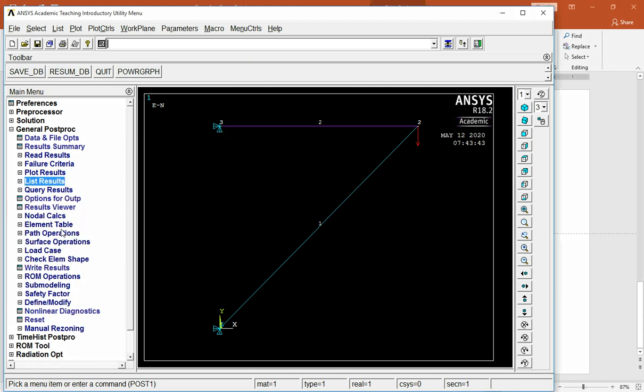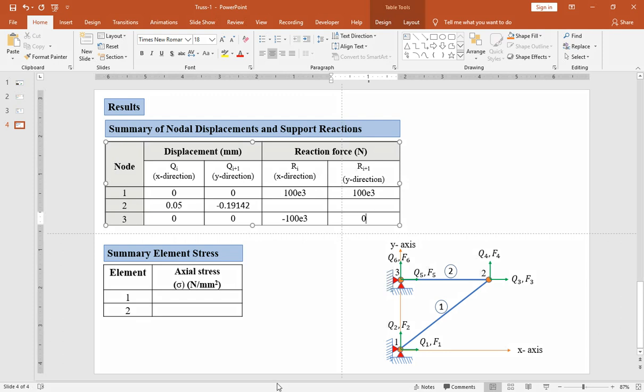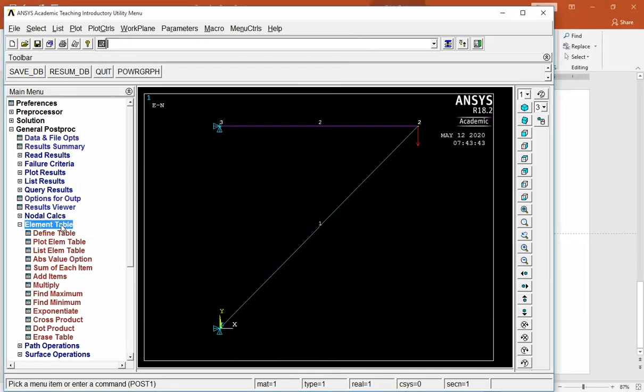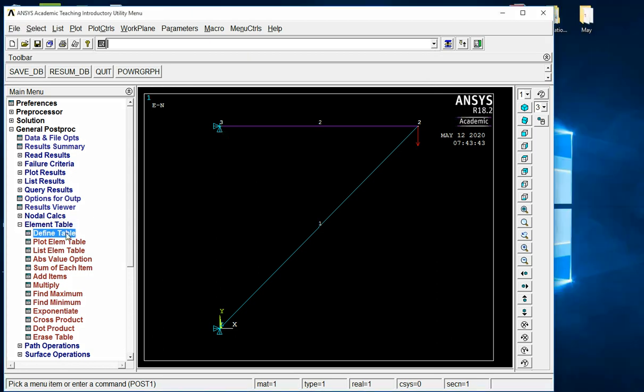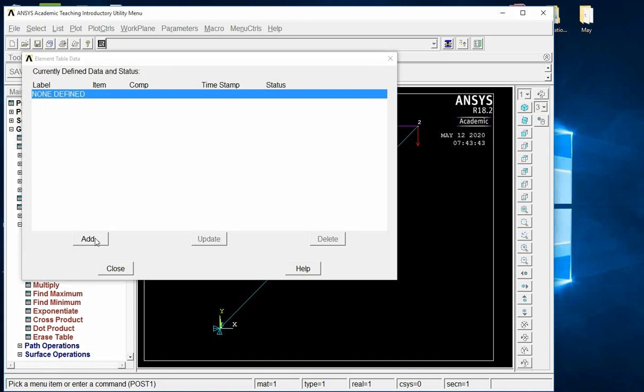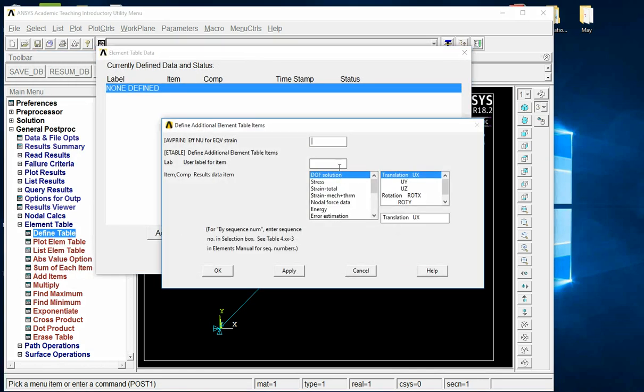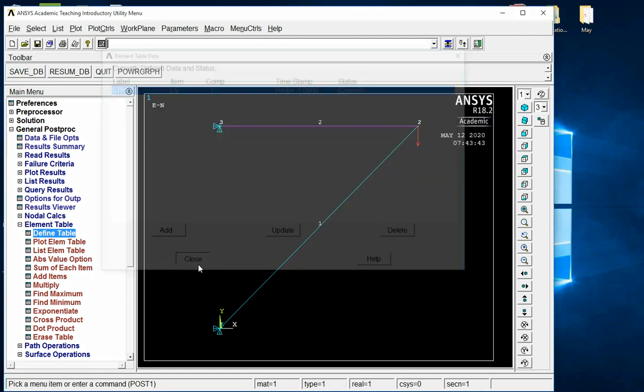For listing the element stresses, go to element table, click on define table, click on add, here type stress by sequence, select LS as a variable, and enter from the keyboard 1, say OK, and close it.